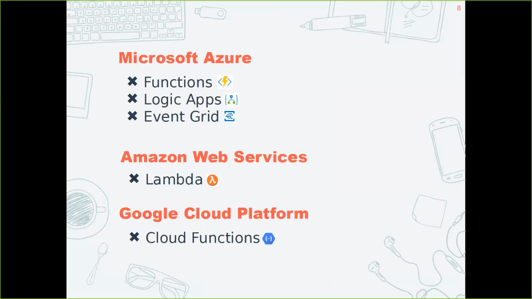So let me just take you through the different offerings. What I wanted to point out to you is that Functions is the actual serverless part of Azure. Azure Functions is a serverless compute service that enables you to run code on demand, and you don't have to provision any environment. So what you were talking about so far was just the functions, or the equivalent of that in AWS is Lambda, and in Google Cloud Platform it's called Cloud Functions. So these icons, just remember these icons.